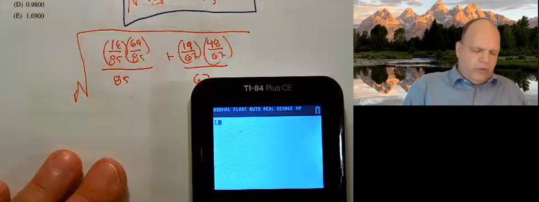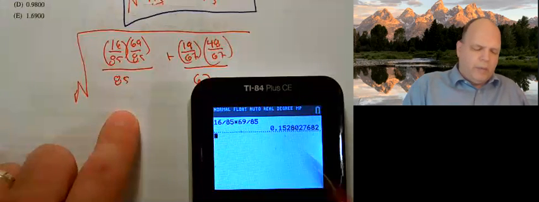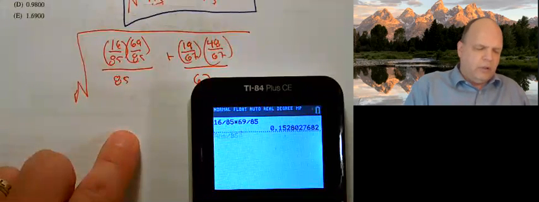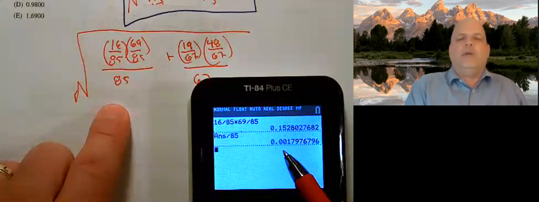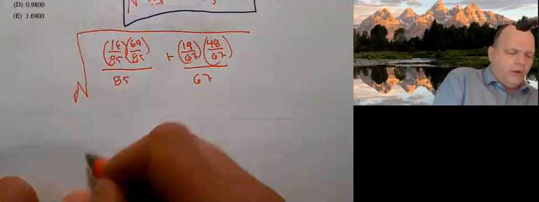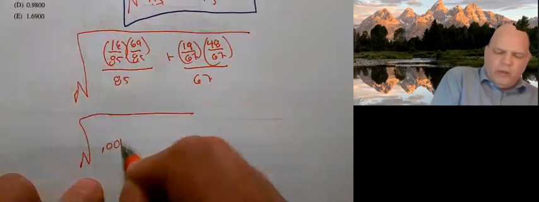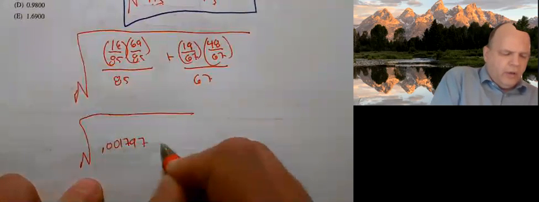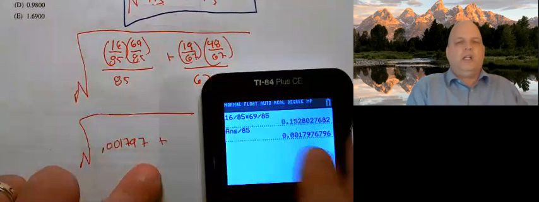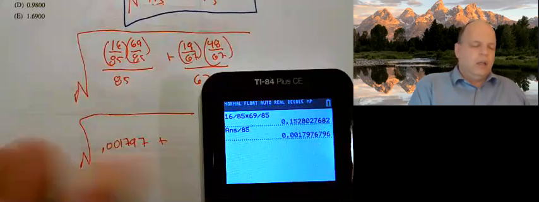So 16 divided by 85 times 69 divided by 85. Now I'm going to take that value and divide it by 85. So that gives me this value of this fraction, 0.00179. I'm going to write it down, although it's stored in my calculator. So this is 0.00177 plus, then I need to do the other part, which is the juniors, which is going to be 19